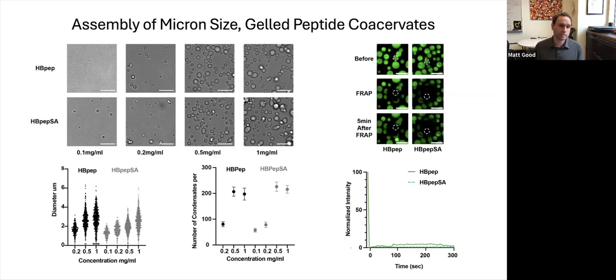And this may have been intentional or not, but this is actually somewhat useful if you want to have client release from an endosome, right? If the endosome is acidifying, then you might start to get some disassembly of these peptides or these peptide coacervates. In our case, we actually don't want that,